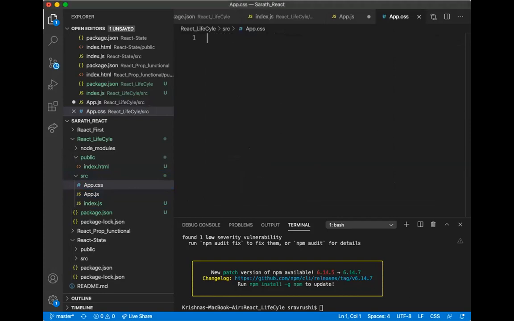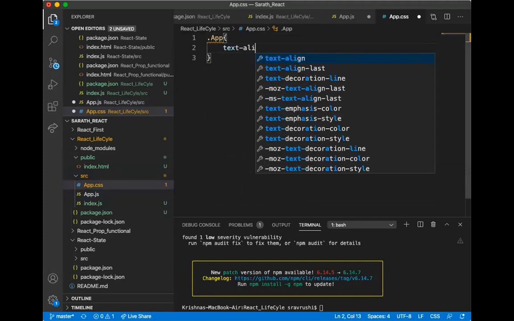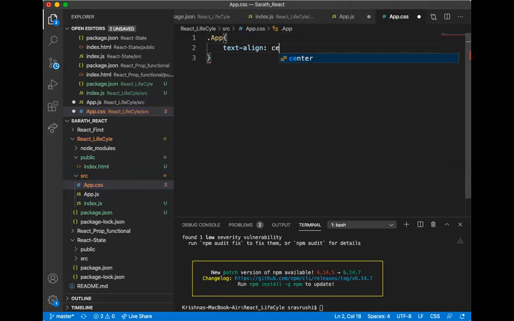In this app.css, I should mention the app header as well as the button. First for the app, I am taking text-align and making it center.